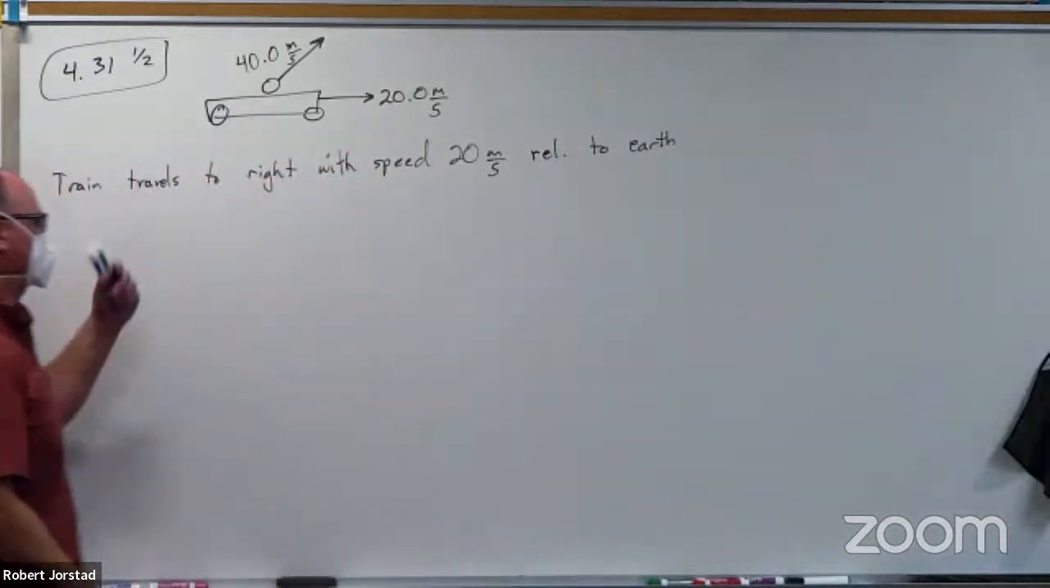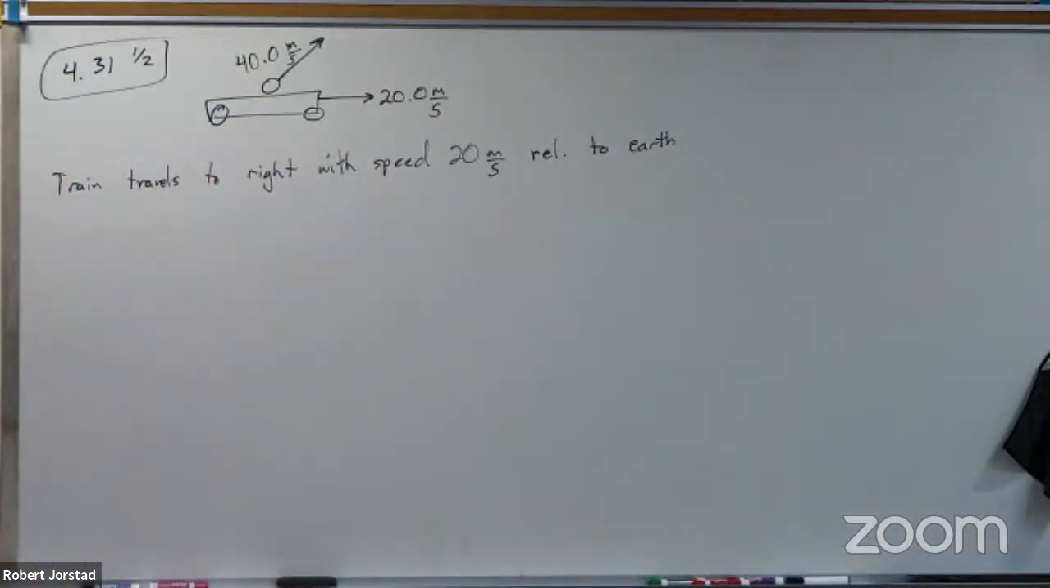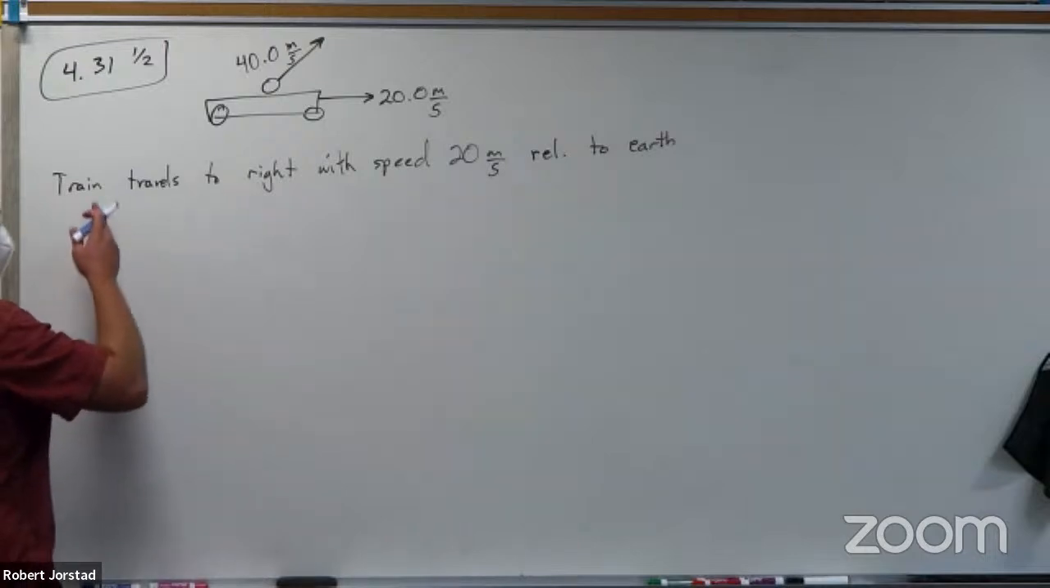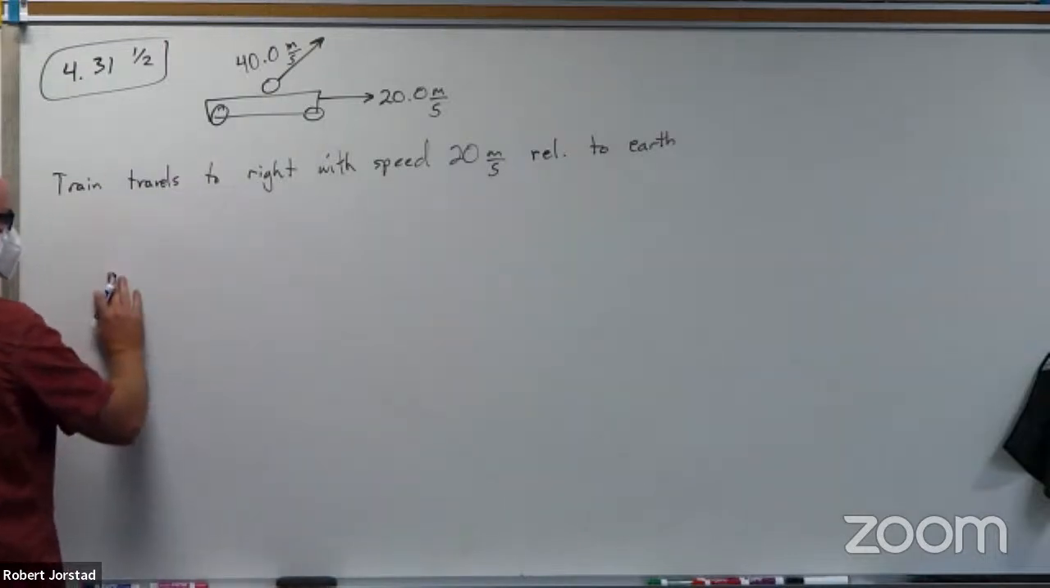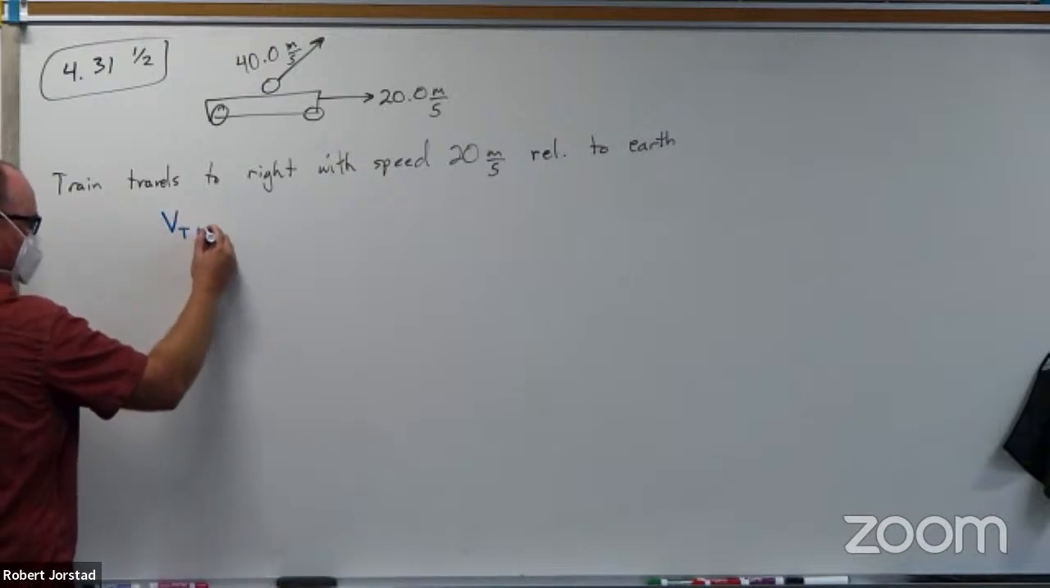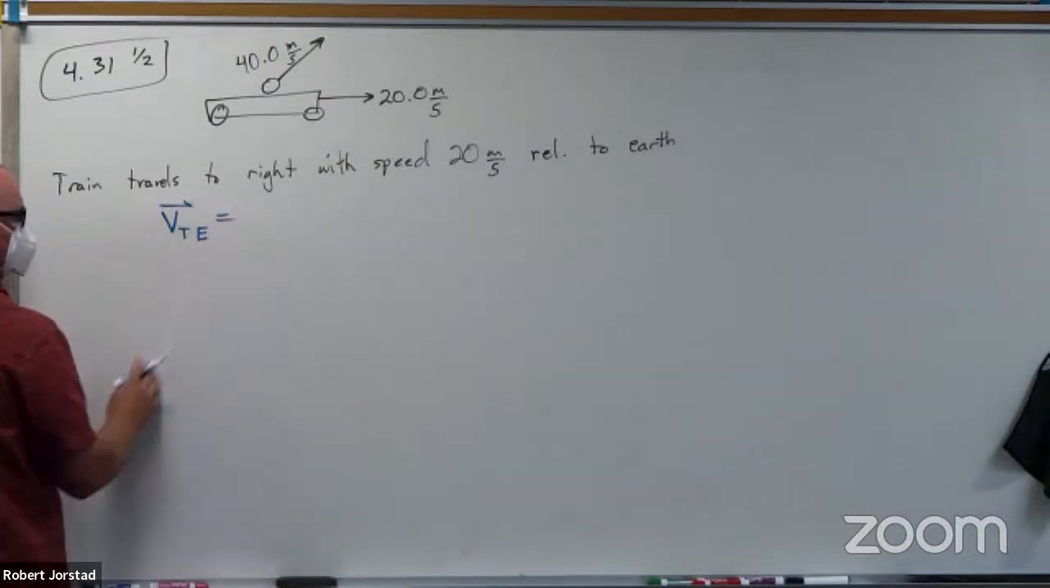Okay, the first sentence: the train travels to the right with a speed 20 relative to the earth. What does that tell us? What variable do we know? The relative velocity, we're talking about the train relative to the earth. What do you think I would write down? VTE, capitalization doesn't matter, equals